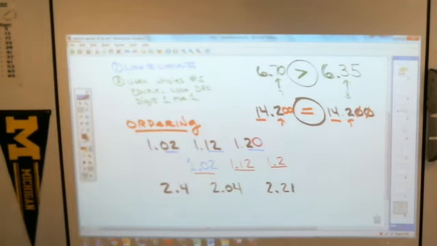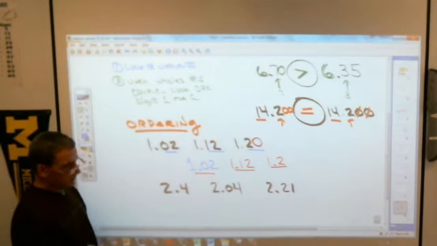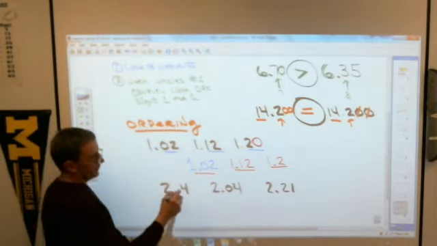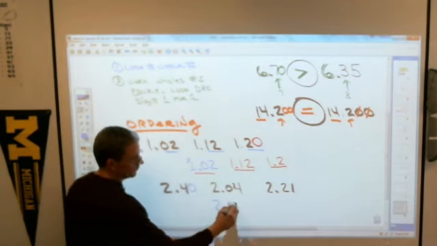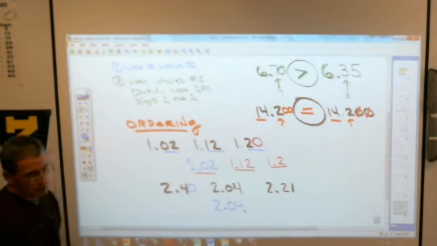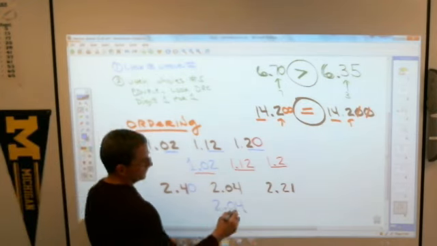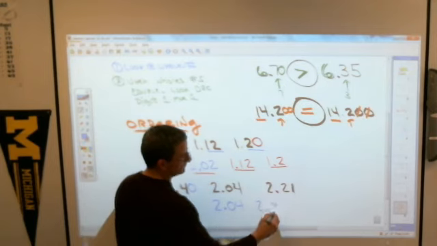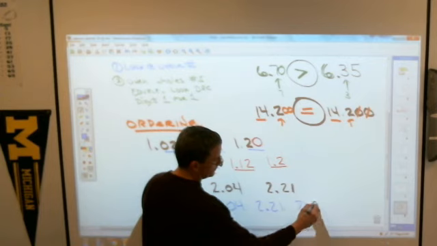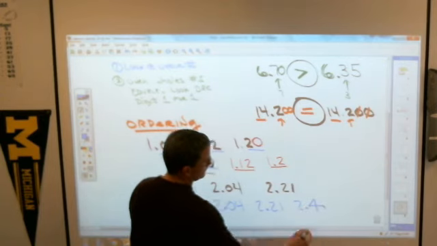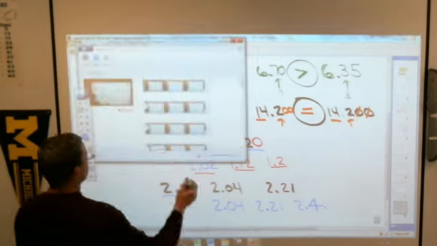Jacob Bauman, which one is the smallest? 2.04. Correct. And again, I would put that 0 in there just so I can see it. 2.04 is 2 and 4 hundredths. Next would come what, Jordan? 2.21. And then the biggest number would be that 2.4. Ladies and gentlemen, this ends the